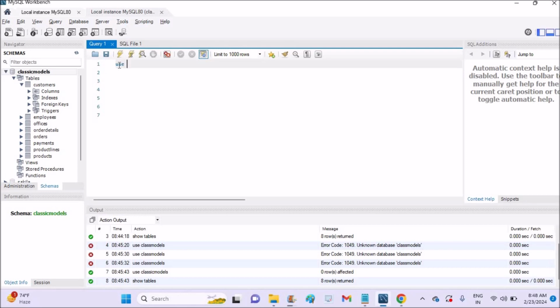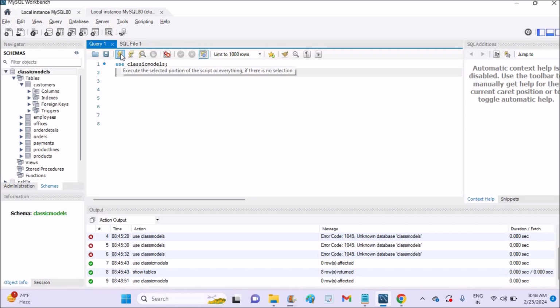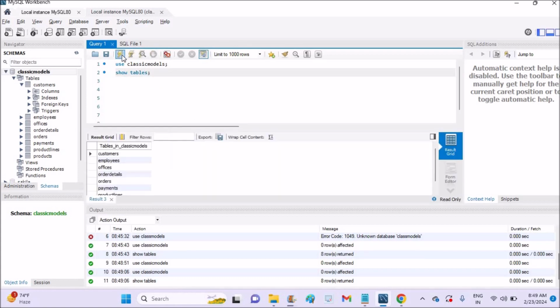The command is use classic models semicolon, then you can press enter, and that is the option for execute. And now you can just use show tables, complete it with a semicolon and click on execute. If it shows you the tables, it is a success. See here, the tables have been shown here. So all the installation process is